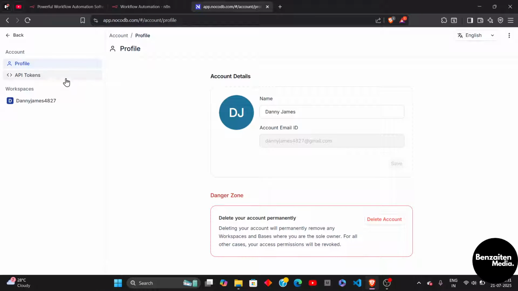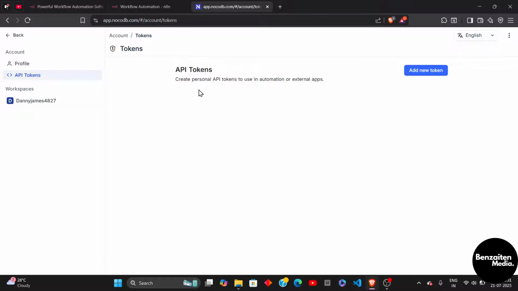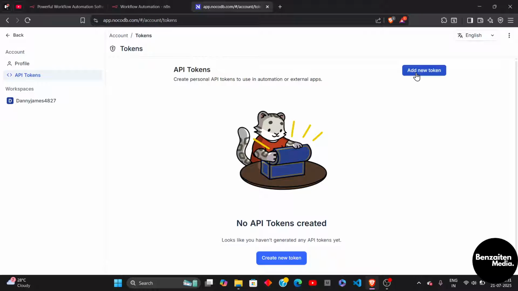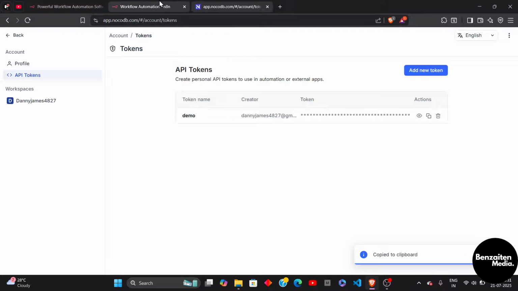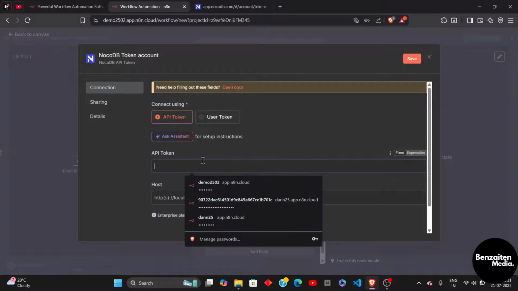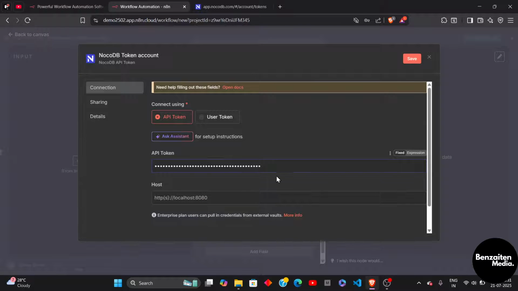After clicking on account settings on the left side, you can see this API tokens. Click on this, and then on the right side, click on add new token. After that, you just need to give your token a name. After giving the name, click on save, and then it will automatically generate a random API token. So just simply copy it, and after copying it, come back to n8n and then just simply paste that particular